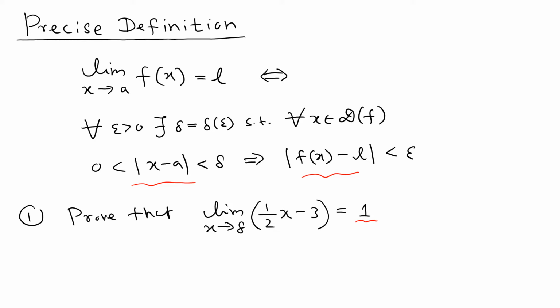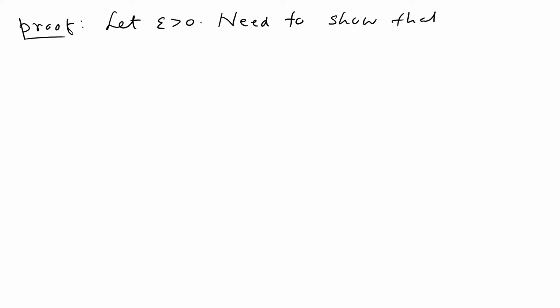To prove a problem like this, we can use the epsilon definition. So we pick a general epsilon, any epsilon, and then we try to find a delta that implies this condition. So let's see how the argument is going to work. So the proof. We're going to pick an epsilon. So let epsilon be positive. So you pick a positive epsilon, and then we need to show that. So let's see how to write a complete logical proof. Okay, so we need to show that there is a delta, which is a function of epsilon, that means it depends on epsilon, such that